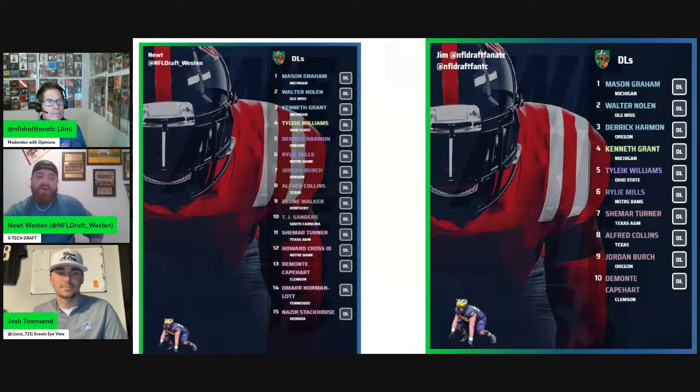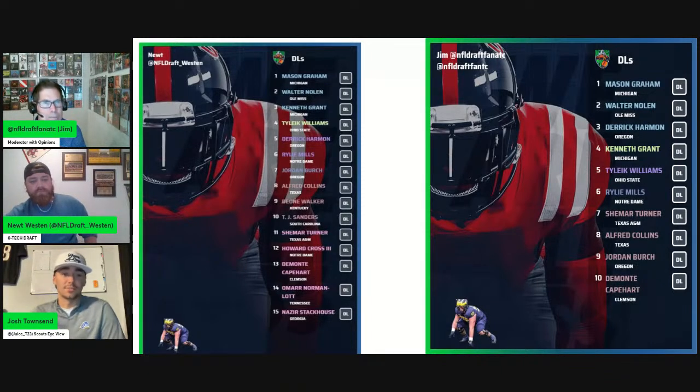But if I go back to some of the elements with Tyleik Willams, I don't think he's providing a ton for me on third down in terms of causing the quarterback to feel pressure in the pocket a little bit. I think he can. I truly think he can develop into that. He's been such a good player for Ohio State, and he's done what's been asked of him there so far. I don't think that's his ceiling, but right now I would lean Kenneth Grant because he gives me all 3 downs rather than just the first 2.